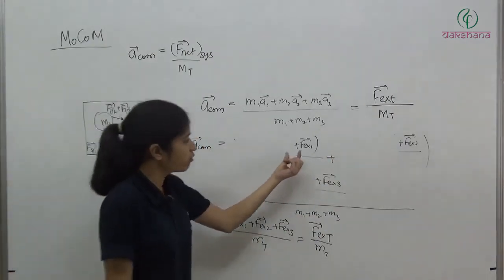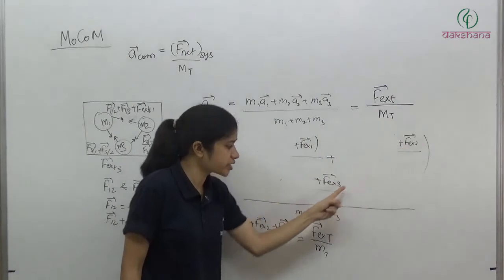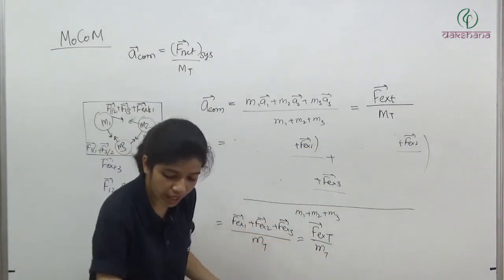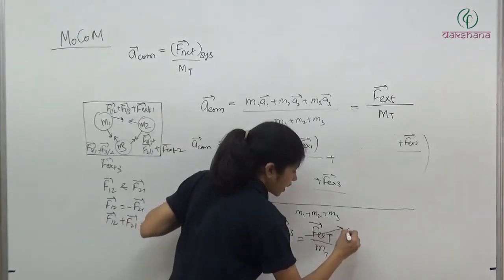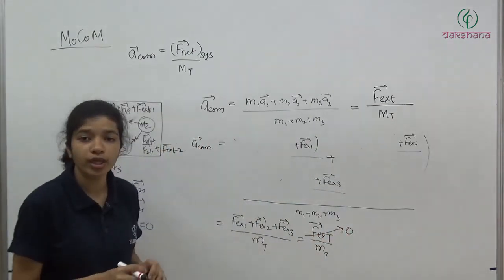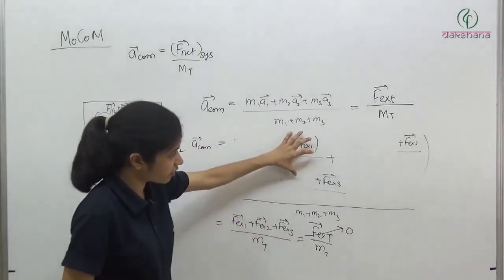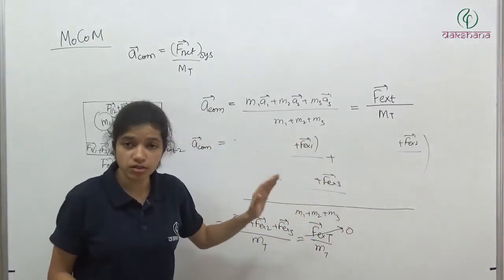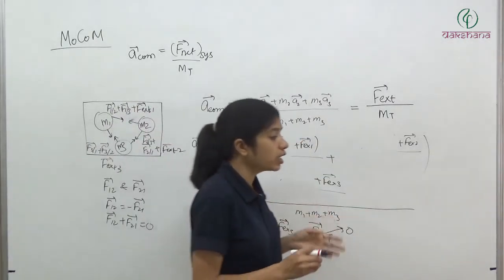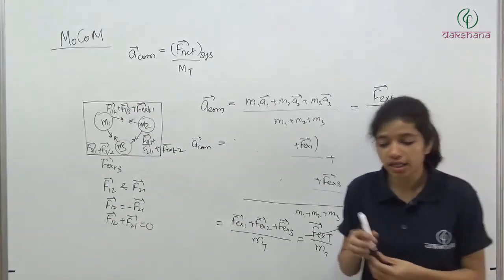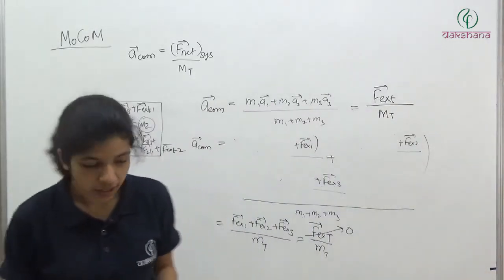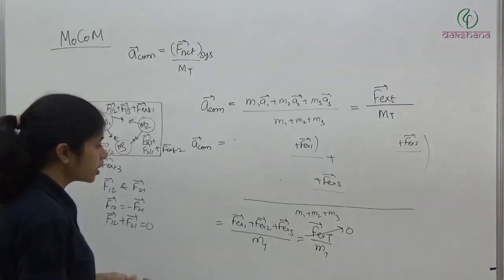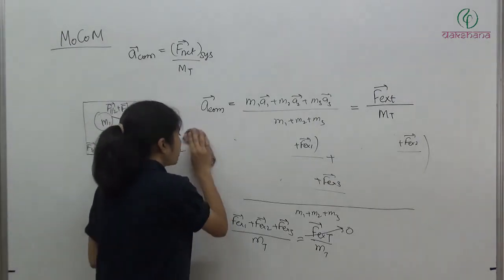So now if net external force acting on this system is 0, अगर हमारे पास external force लग ही नहीं रहा है, if this is 0, then the acceleration of center of mass is going to be 0. मान लो हमने कुछ फोर्स F ये भी लगाया, ये भी लगाया, ये भी लगाया, लेकिन इस तरीके से लगाया कि इन तीनों का भी जो समेशन आ रहा है that is 0, then center of mass is not going to accelerate. If it was at rest, it is going to remain at rest. If it was having some motion, then it is going to move with the same velocity.